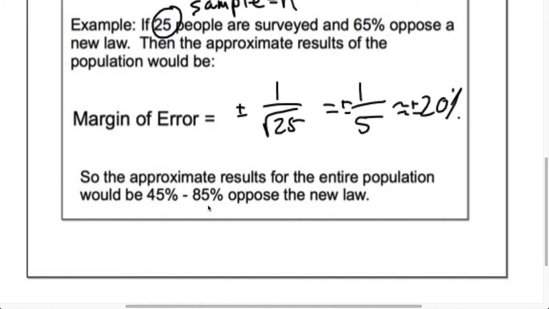Typically you want your range, obviously, the closer it is to 0, the better. But 20% is way too big. We want to be less than 10 at worst, if not even less than 5 when you calculate a margin of error. But just to reiterate, what you do is you take that margin of error, in this case plus or minus 20%, and from the sample statistic, 65%, you add and subtract 20 from that. And so that's where we got the 45 to 85%.